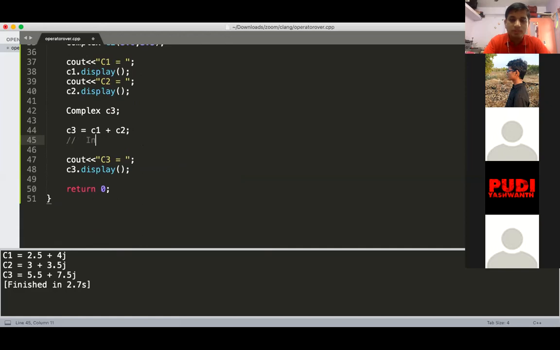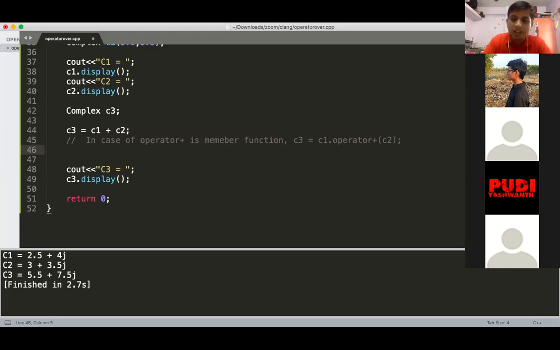In case operator plus is a member function, this will be resolved like C3 is equal to C1 dot operator plus and then C2.